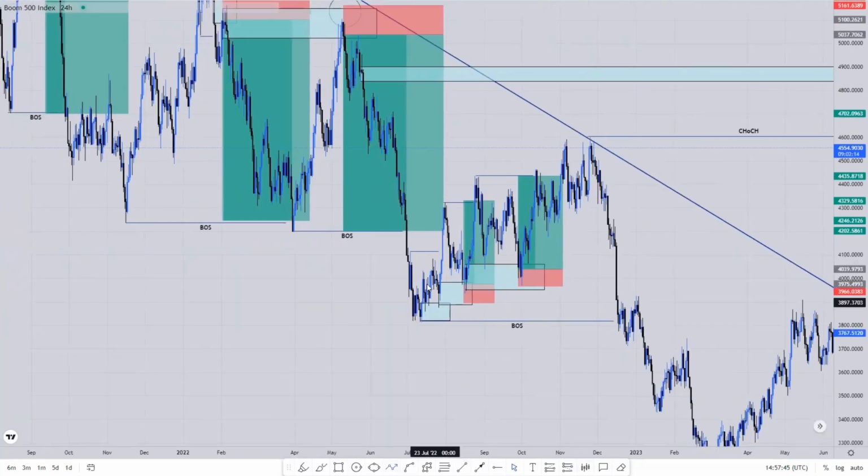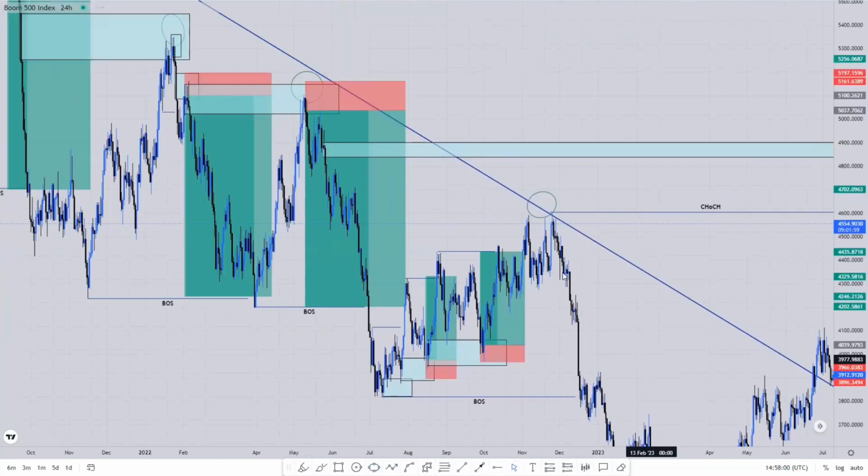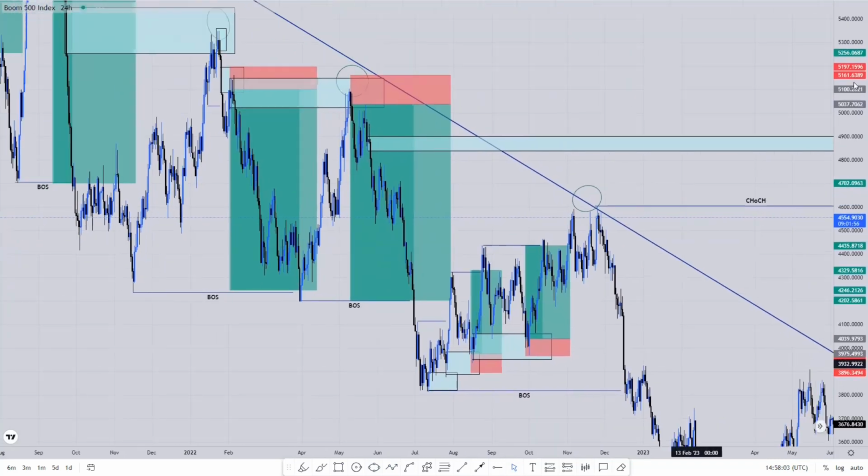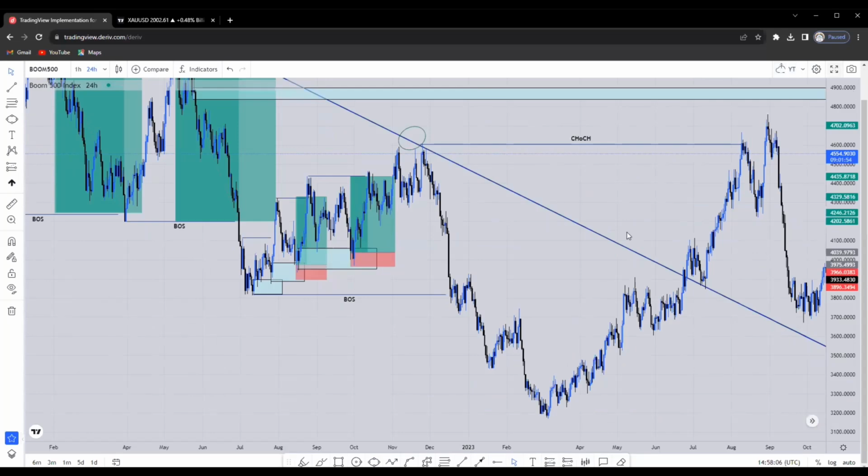Remember what I said. The most important thing is the shift of inner structure. Once inner structure changes on 1 hour, on your lower time frames, that's when you know that a new swing leg has been created. Once they've created a new swing leg, this is your swing lower high. Once it's established, we're now going down to take out the low like that. So let me try to go to the 4 hour